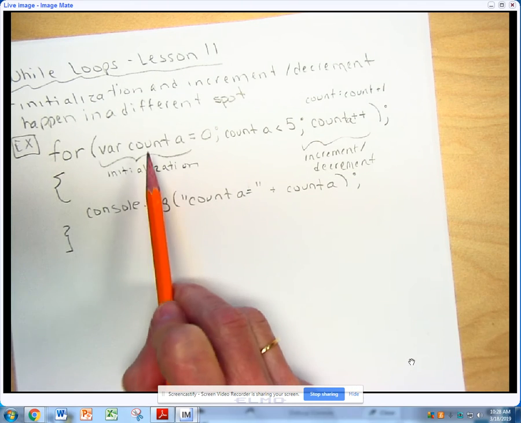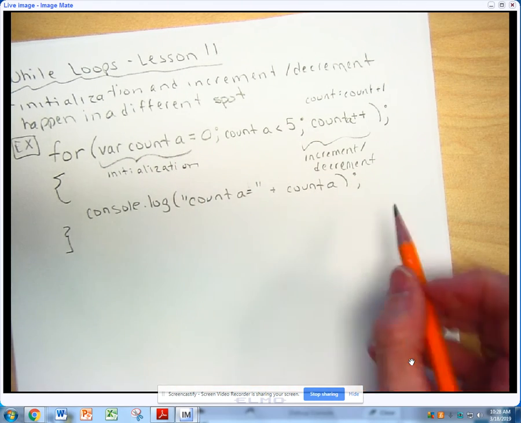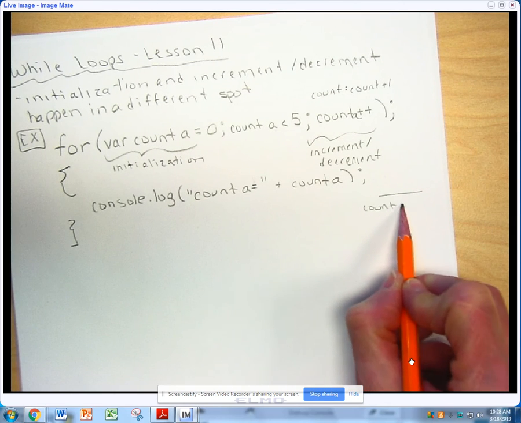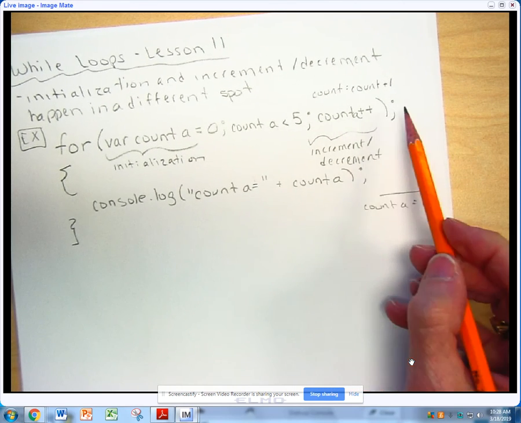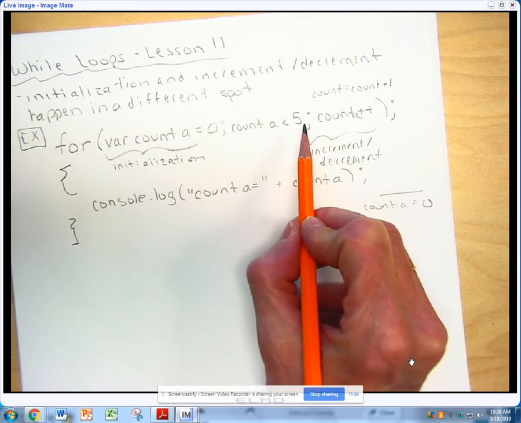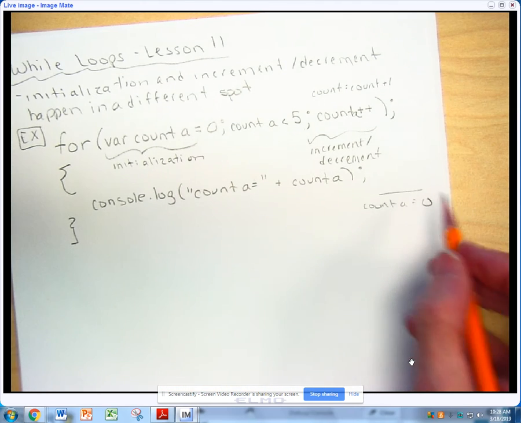So the first time through the loop, count A is 0, 0 is less than 5, I go inside. So I'm going to print the current value of count A, so the output's going to say count A equals 0. Count A gets incremented to 1. I go back up, is 1 less than 5? It is, so then I'm going to print count A is